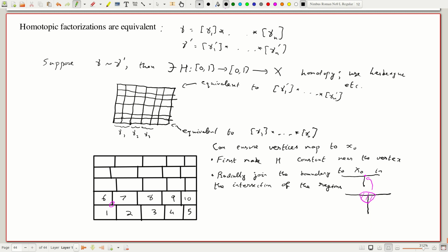And this vertex is contained in x alpha 1, x alpha 6, x alpha 7. Okay, which may be 1, 2, or 3 different regions. It doesn't matter. But in how many other regions is it? In the intersection of that,